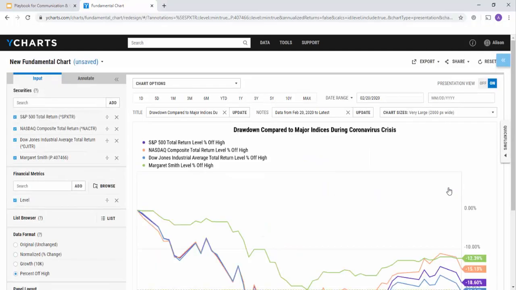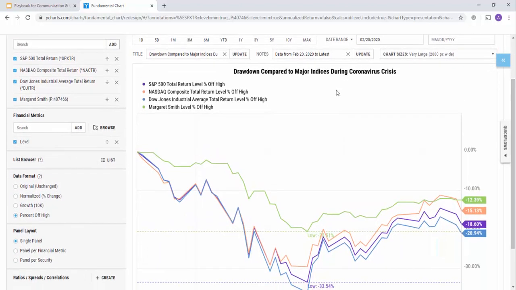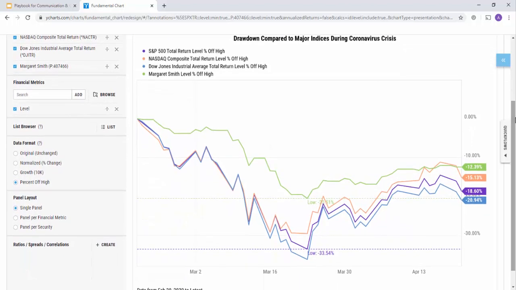What you're seeing now is we've just jumped from the model portfolio tool into the fundamental chart tool on YCharts. This coronavirus crisis quick flow is bringing you into a pre-made chart with the S&P, the NASDAQ, Dow Jones, and the level of your portfolio compared over a timeline starting from February 20th, 2020 to recent. We're getting the data format of the percent off high so you can see how much that data has dropped